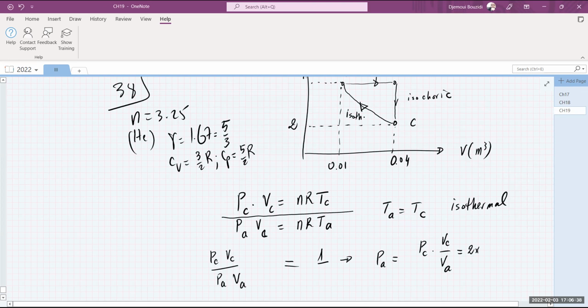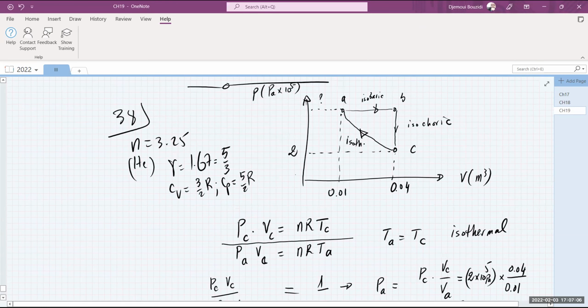Well, the pressure PC is 2 times 10 to the power 5 pascals. The volume in here is 0.04 cubic meters. The volume in the other location is 0.01 cubic meters. The cubic meter cancels the cubic meter, and I'm left with a pascal, as it should be. So PA is 4 over 1 times 2, that is 8 times 10 to the power 5 pascals. In other words, this number is 8. Is it believable that 8 is more than 2? Obviously, yes. So I can assume that probably I didn't make mistakes in my calculations.